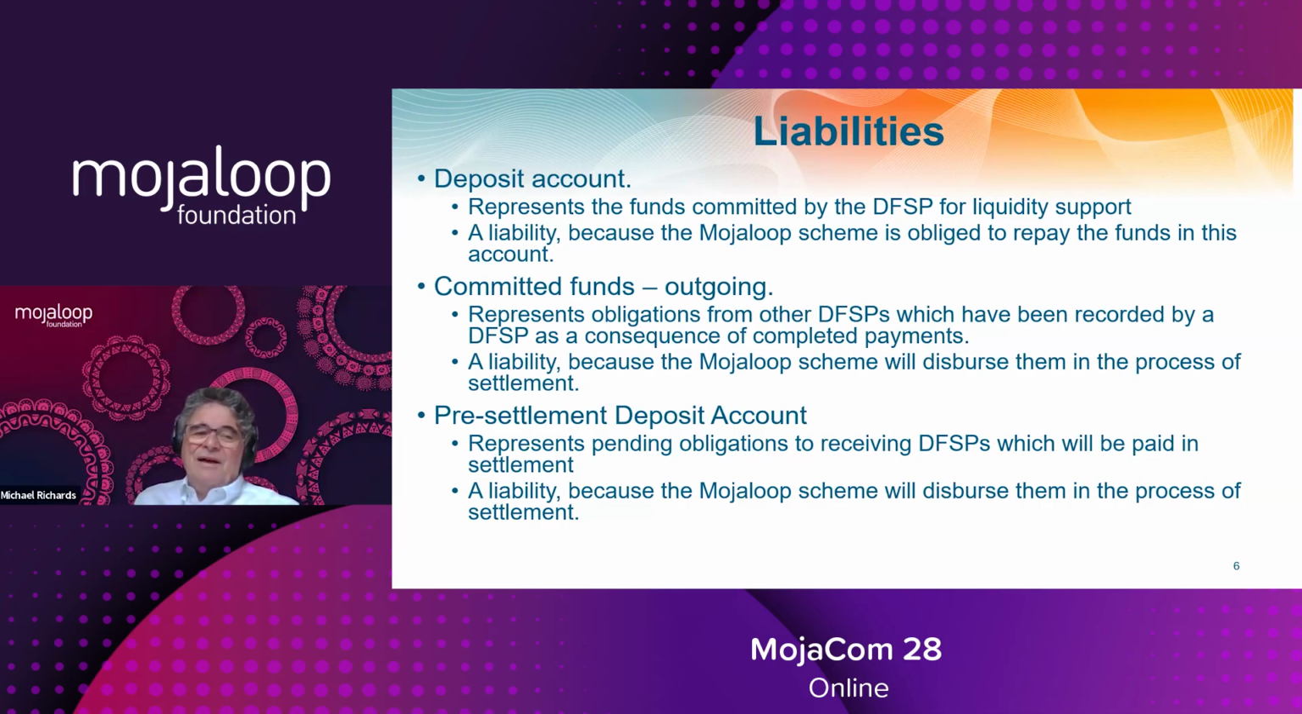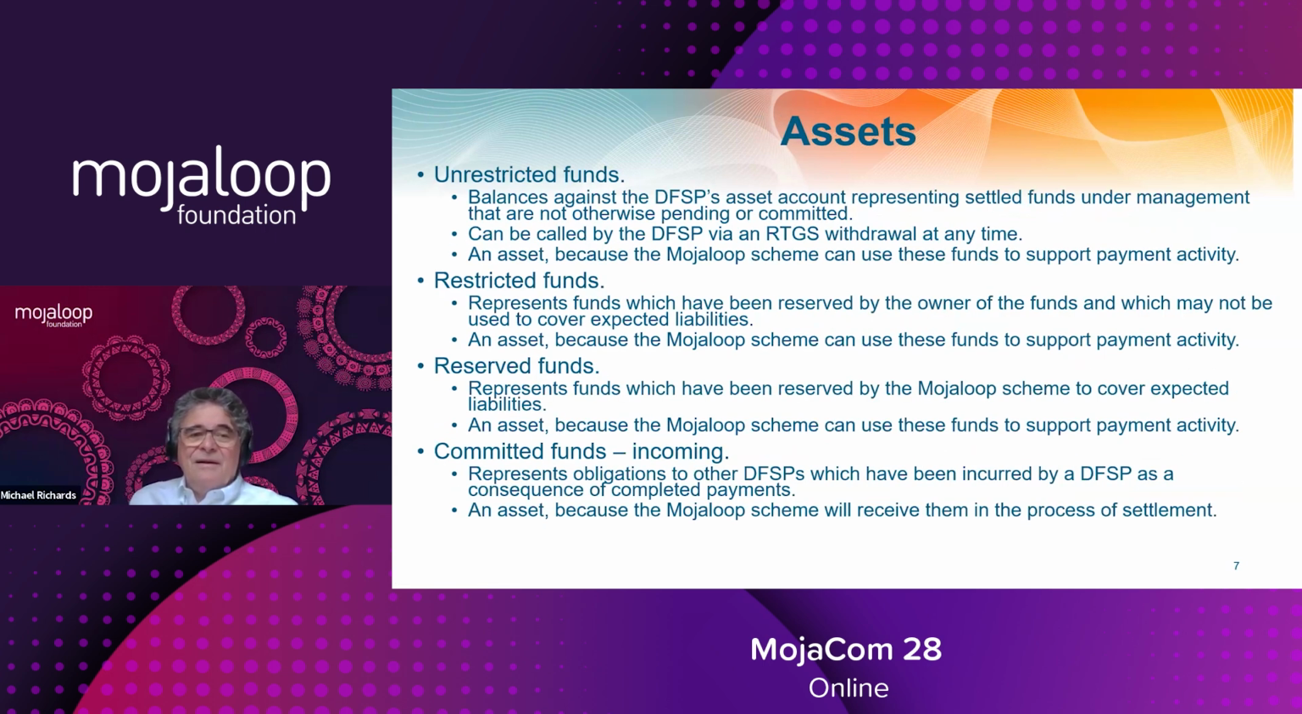We finally have what we're calling a pre-settlement deposit account, and that represents pending obligations which will be paid in settlement. That's a liability because we will disburse them in the process of settlement. So those are the liabilities. Let me now look at the assets. And we have unrestricted funds. And those are funds which,